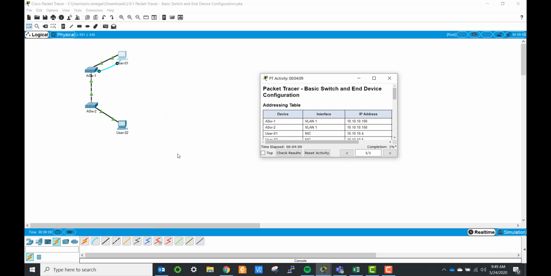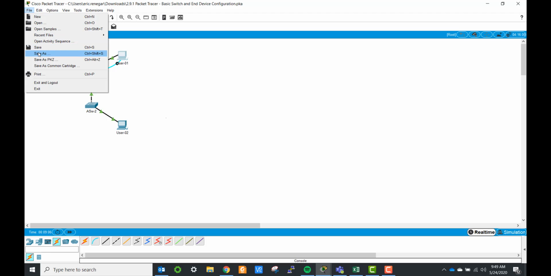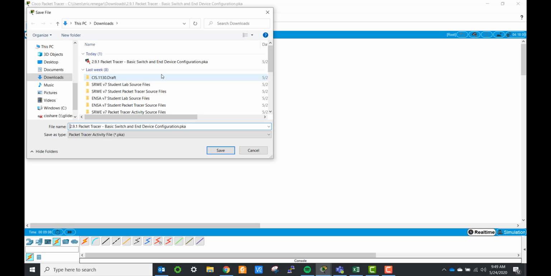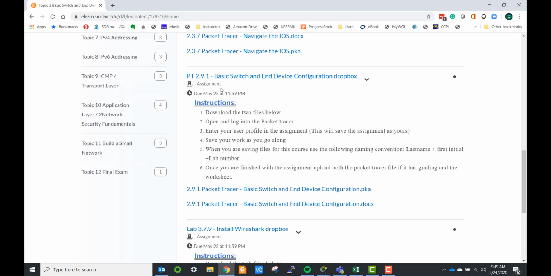Oh, let's say once you're done with all this, let's talk about submitting it. Once you're finished, make sure you save. Make sure you hit File, Save. You can now save this as yourself. So I always just use my last name. You hit Save. And then when you want to submit this document,